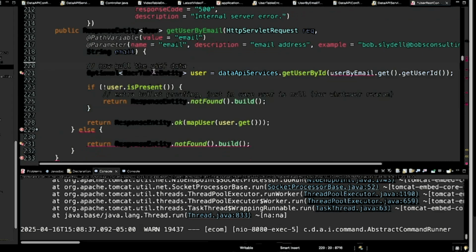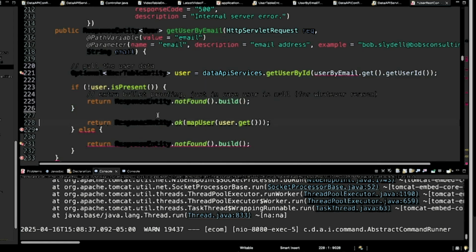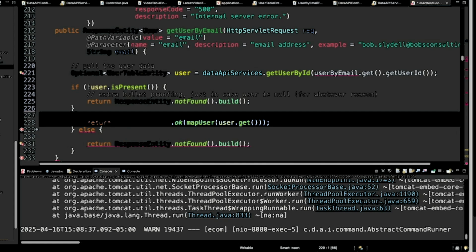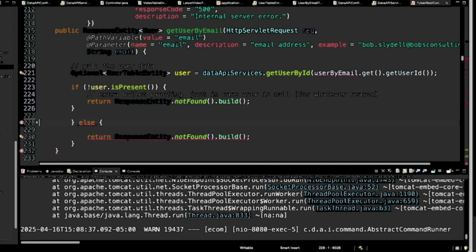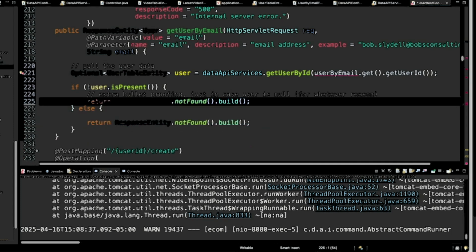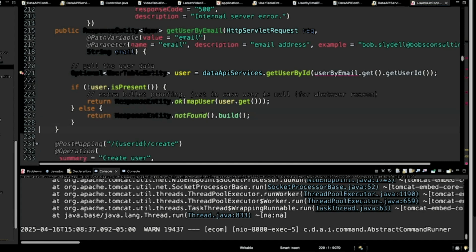Yeah, so we're pulling the user data. Let's take that, get rid of that, and replace it with that. There we go.